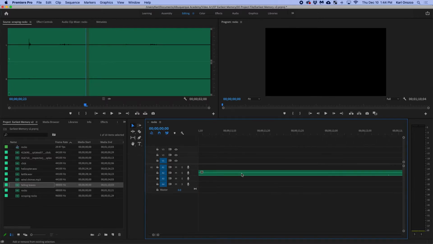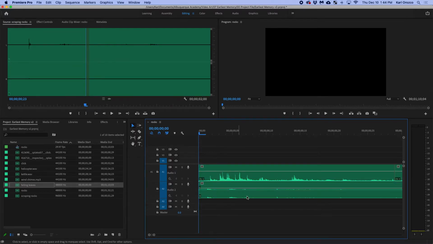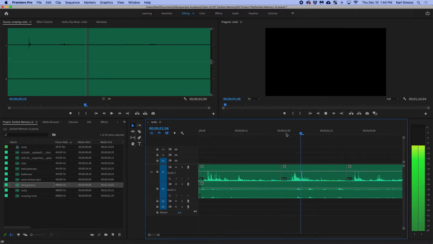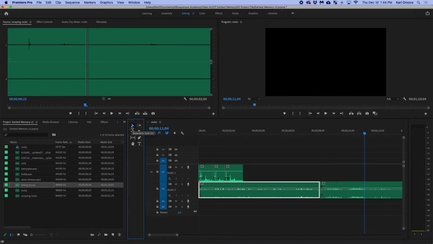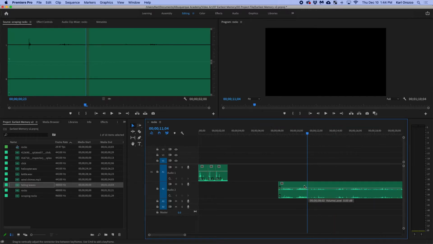Now, because we're just using audio, one thing that you're going to want to do is to double click all your tracks, because then you can visualize the audio. And so here, like these peaks, I know that that's when the rocks come in. And let me start doing this. Yeah, so that's like the sound of leaves falling that I want. So let's say I take that and I select that with that V selection, and I bring that over,